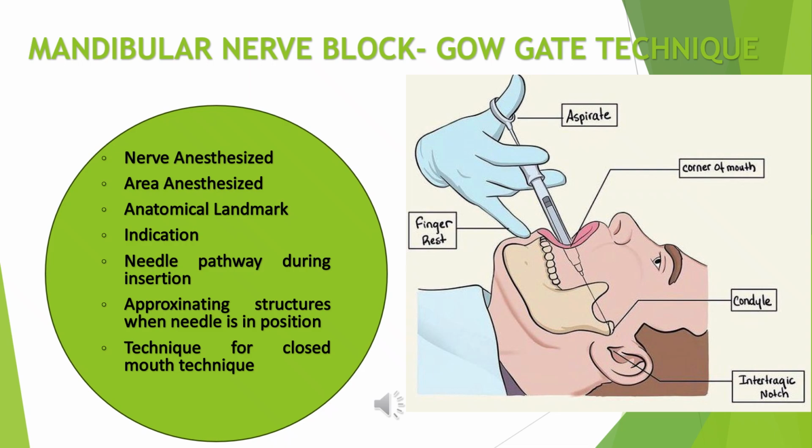Then in 1973, Gow-Gates described a true mandibular nerve, or trigeminal third division block, by means of an intraoral approach using intraoral and extraoral landmarks to deposit the anesthetic solution at the neck of the condyle. A single anesthetic injection provides hard and soft tissue anesthesia of the mandible to the midline, and it anesthetizes the mandibular nerve and its subdivisions including inferior alveolar, lingual, buccinator, incisive, mental, mylohyoid and auriculotemporal nerves,